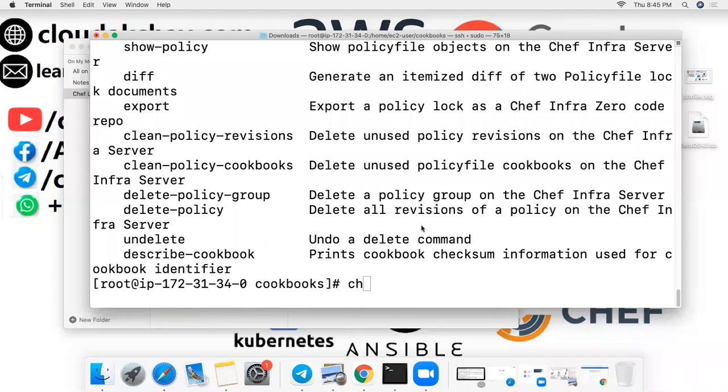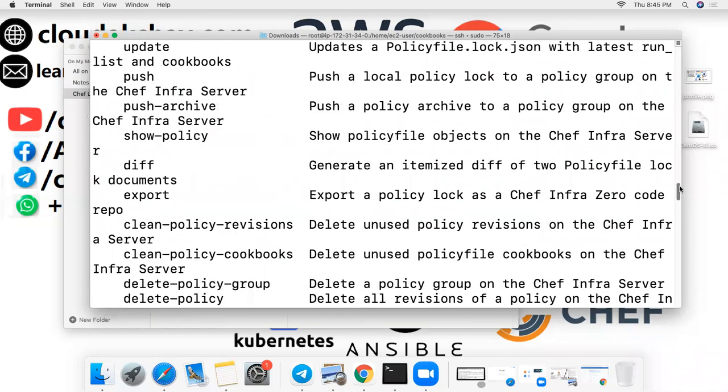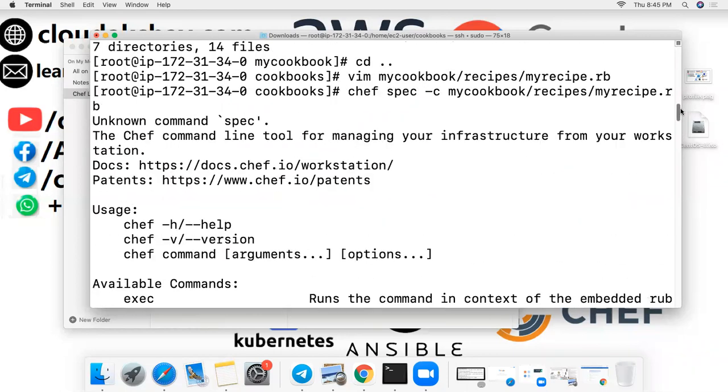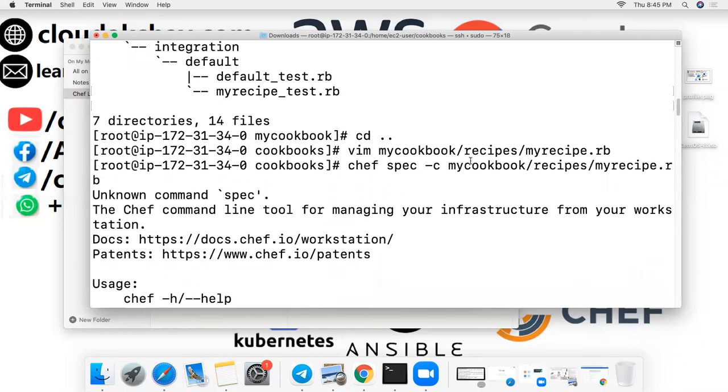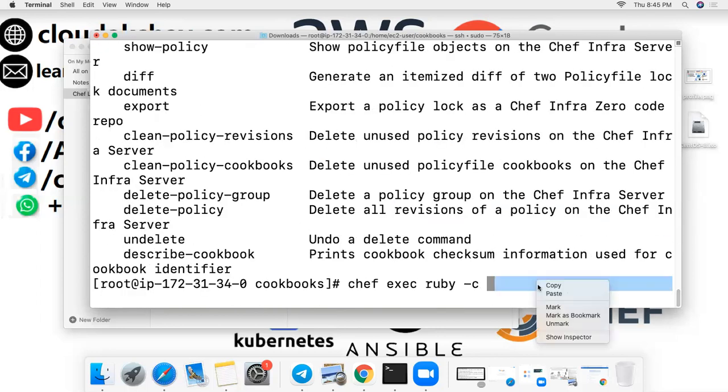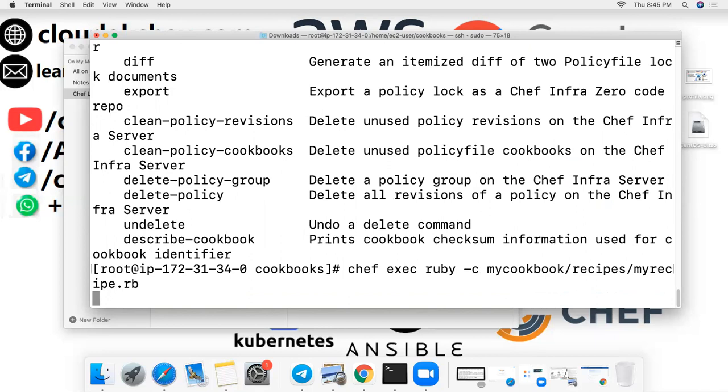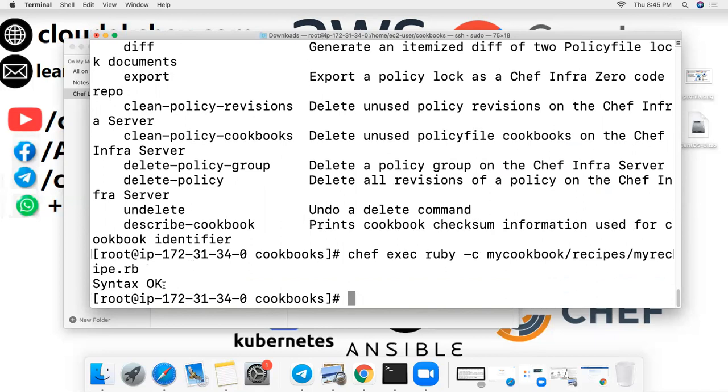Here I need to write chef exec, for execute, and the code language is Ruby -c, and the code path. This is my code path. Enter, and it says the syntax is okay. So our code is tested.